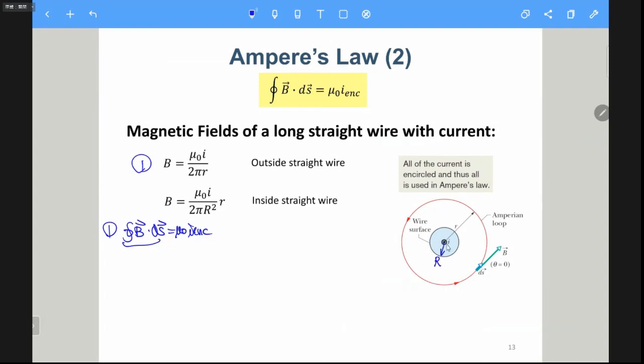Your thumb pointing out of the page, your forefinger will be in this direction. So at this point, B is pointing to the top right, and ds also points to the top right. So the angle theta between B and ds will be 0. So B dot ds is nothing but